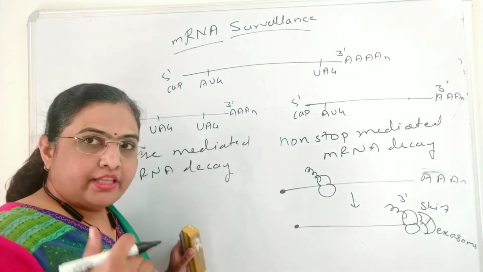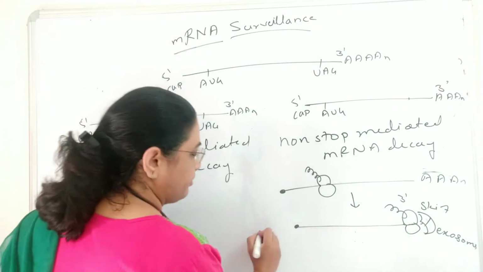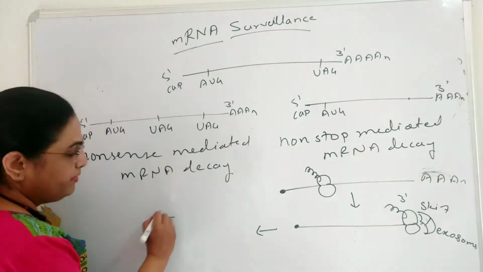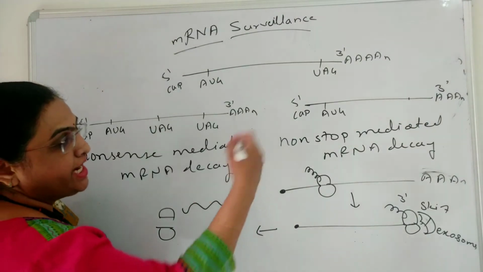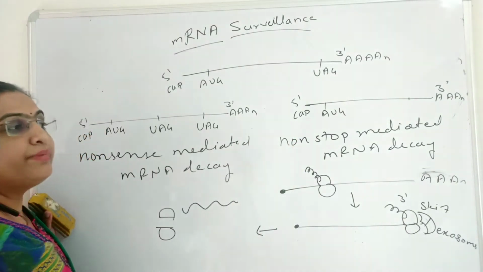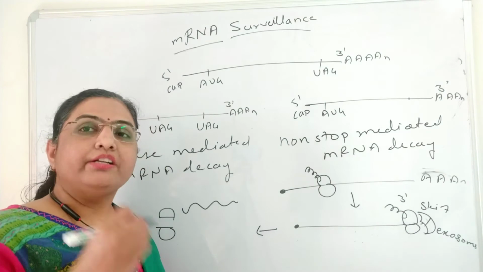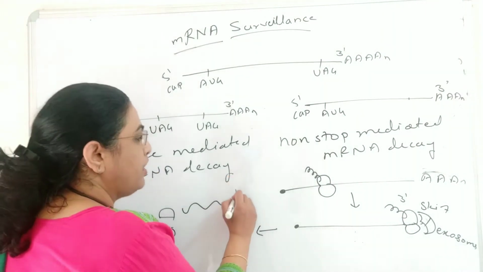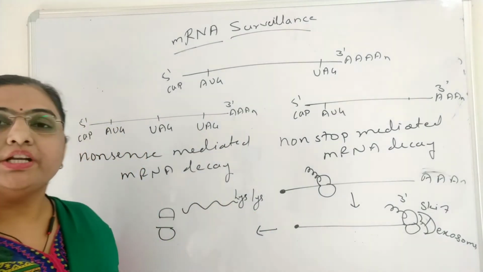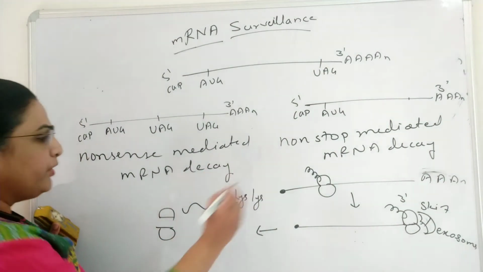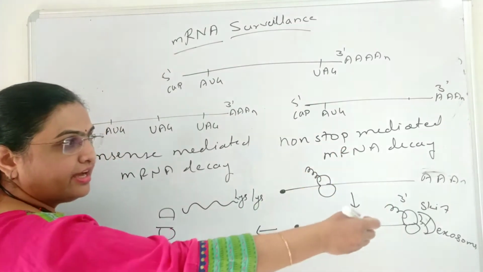As SKI7 is loaded, like a release factor, there will be the dissociation of the ribosome, and the polypeptide is going to be released. Here there is the presence of adenine residues at the 3' end. So AAA, present in the poly A tail, is now going to be coded as lysine. The protein has been tagged with lysine, and the mRNA is released.